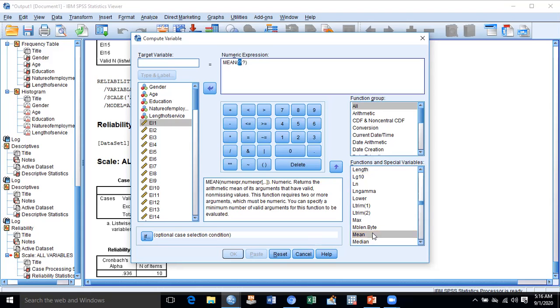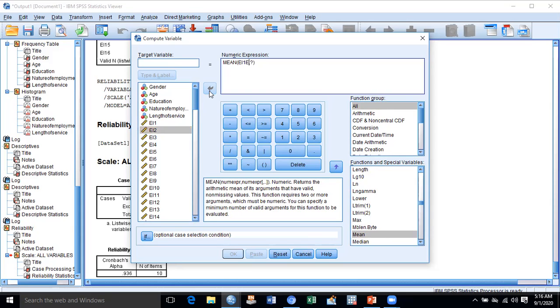We shall double click on the Mean function. It will show the formula in the numeric expression. So what we will do, we will select one variable, emotional intelligence 1, and after that it will automatically give a comma.